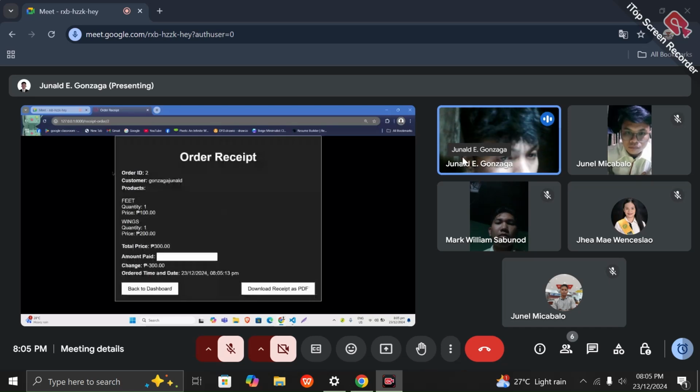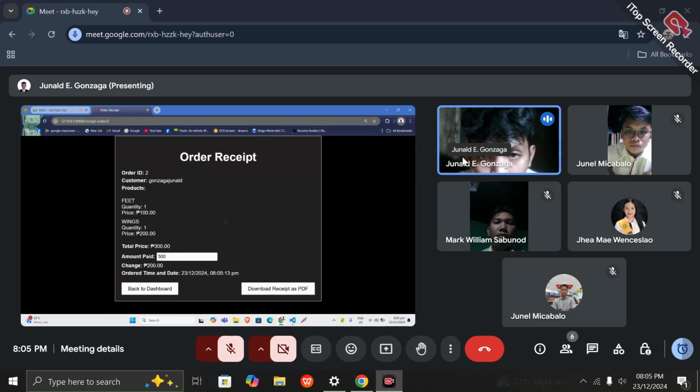You can see the order ID, customer, products, quantity, price, total price, amount paid, the change, and the date and time.